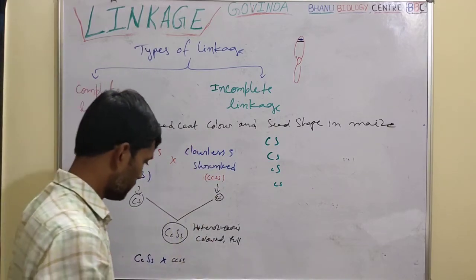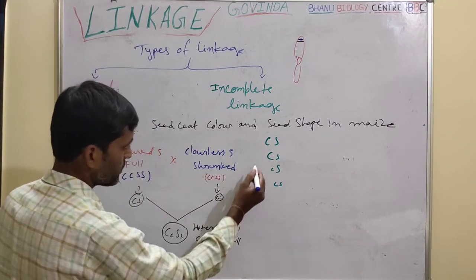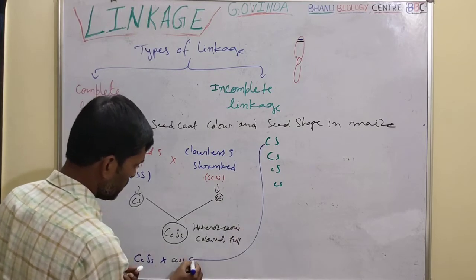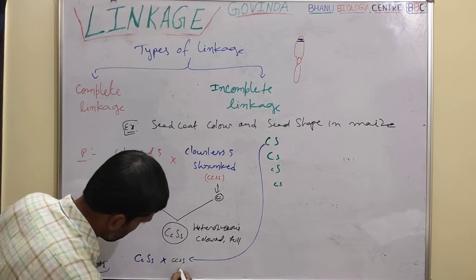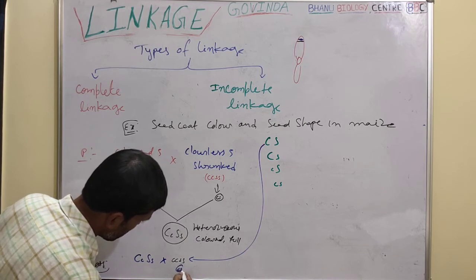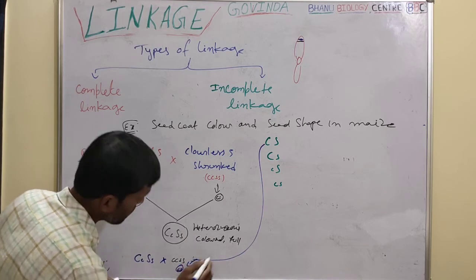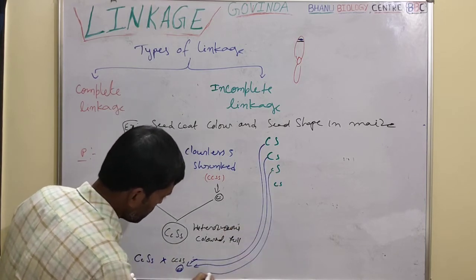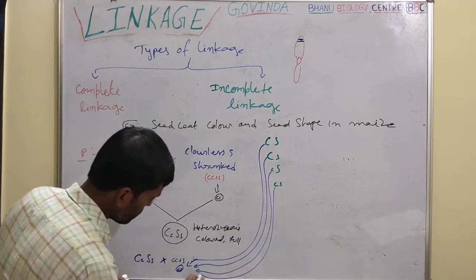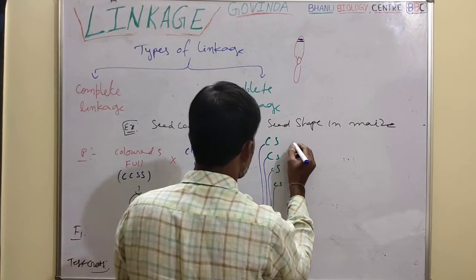Okay? This organism produces only one type of gamete, small c, small s, right? So when these gametes fuse with this one,